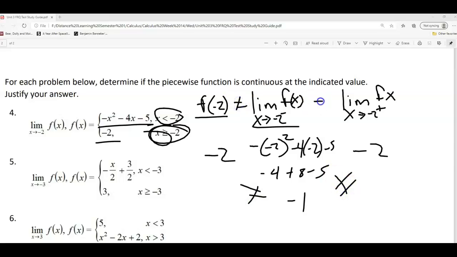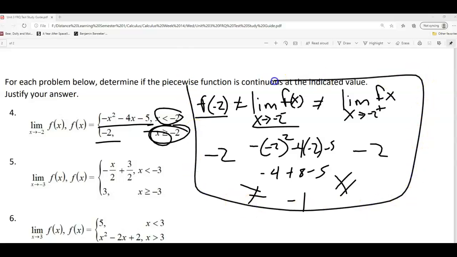So here's what I would say then. Now we have to actually give our answer and a reason. Honestly, I think this is good enough for a reason. I will give you credit for that. But I'm still going to show you another way to write the answer, and I would encourage you to do your best to include that if you can. But I think they would probably give you credit for this as being your reason. So the answer is no, it's not continuous